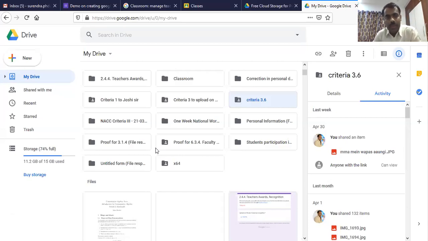Google Drive is very, very useful if you have prepared, for example, some talks, you have your PPTs, you upload here. So wherever you go to some place, if somebody requests, you don't need to carry it on pen drive or mail. If somebody requests, you can immediately share that information with those students. So Google Drive is very, very useful to keep your data. Every free Gmail user has 15 GB free space, and it is huge. We can have so many files, especially text files, and you can access anytime from anywhere.